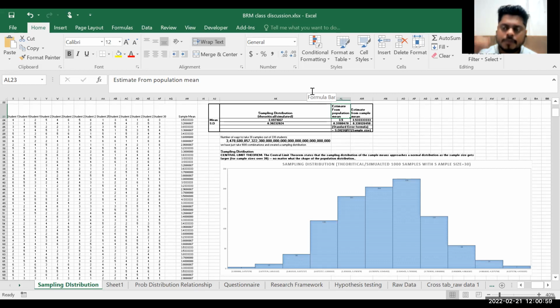What I want to understand is that theoretically, I am able to take all the possible samples. In this particular case, out of 330 students, I can take this many samples and start plotting their sample means. That will become a normal distribution, and the mean of this sampling distribution will be the same as your population mean. So if you see here, let me just